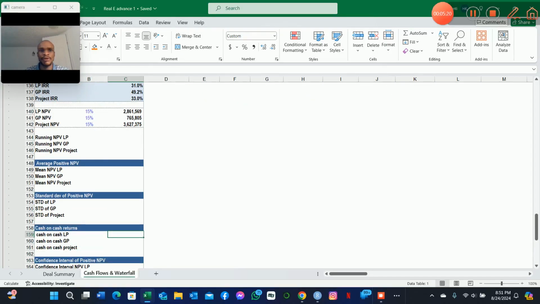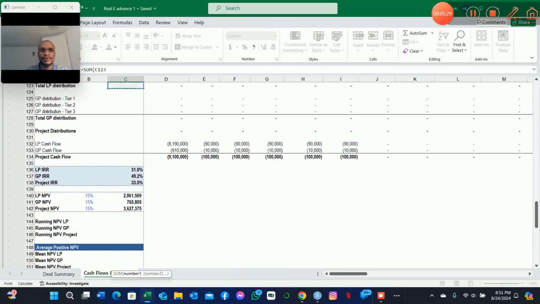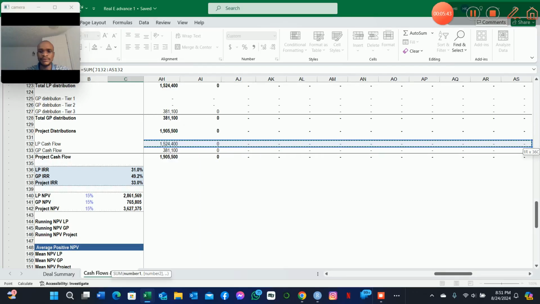So we're going to go by saying that we're going to sum whatever positive cash flows. So we know that from here we should expect any number greater than 0 should be a positive cash flow. So we sum all of those positive cash flows, and then we divide it by the